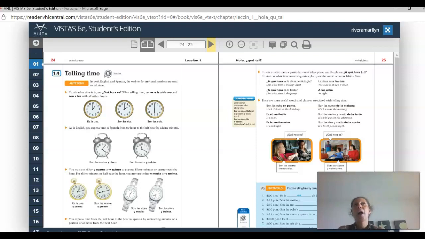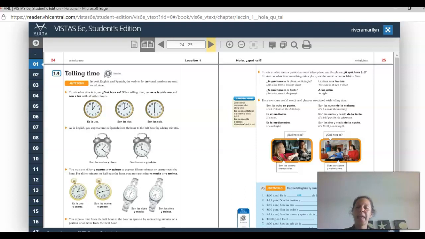Okay? Now, the traditional question, ¿qué hora es? What time is it? ¿Qué hora es? Son, because it's plural, son las 3 de la tarde. Son las 3:30. Media means half, okay? Son las 3:15. So cuarto means a quarter, okay? We divide the circle in 4 pieces, okay? And then a quarter, y cuarto,